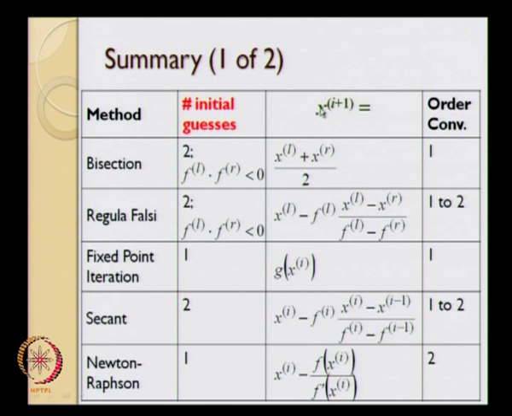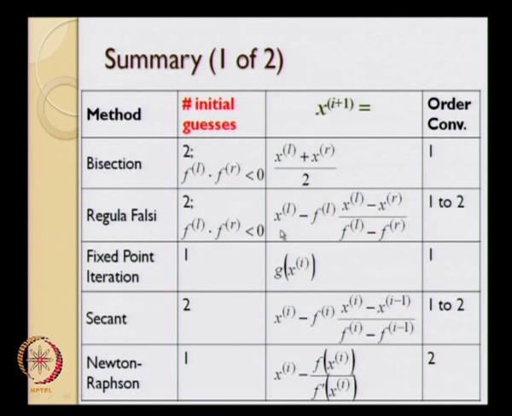Okay. And xi plus 1, this is how we move from the current guess to the new guess xi plus 1. In bisection it is nothing but the midpoint of the 2 solutions xl and xr. In case of reguli falsi and in case of secant method, we join the line connecting the point x comma f at xl and x comma f at xr, and find where that straight line intersects the x axis. As a result of this, both these 2 methods have the same expression.